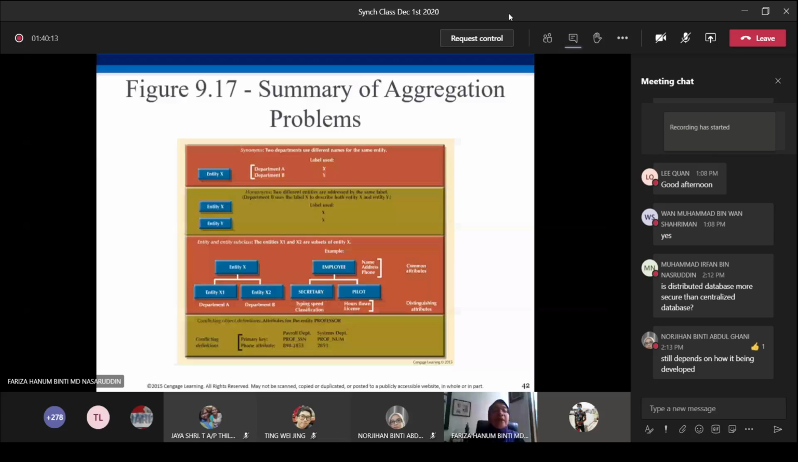So that is also another example of synonym at the entity level. The one I gave to you earlier is at the attribute level. Okay, homonyms, two different entities are addressed by the same label. So for example, let's say another person, another group, is also looking at a school database. Let's say the teachers are called instructor. Okay, the teachers are called instructor, and then in the students' performance,